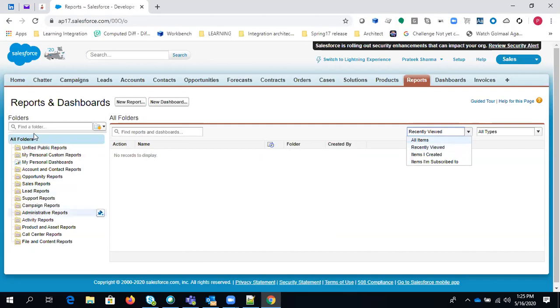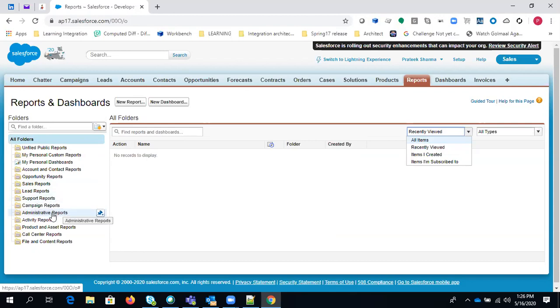And here in the left corner, you can see there are a lot of folders, and the folders contain the reports you have created. In these folders you have different types of reports, like all the sales reports you are customizing into a sales report folder, and all the lead reports, support reports.